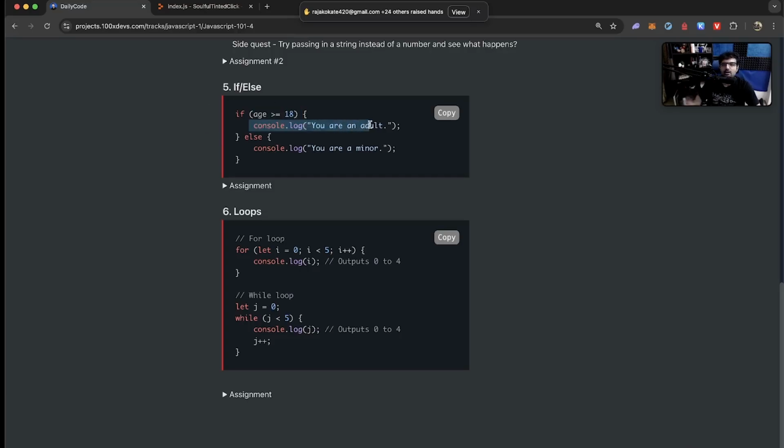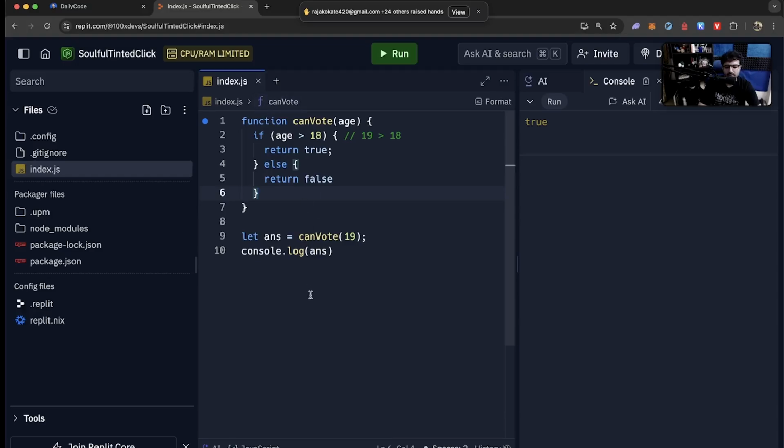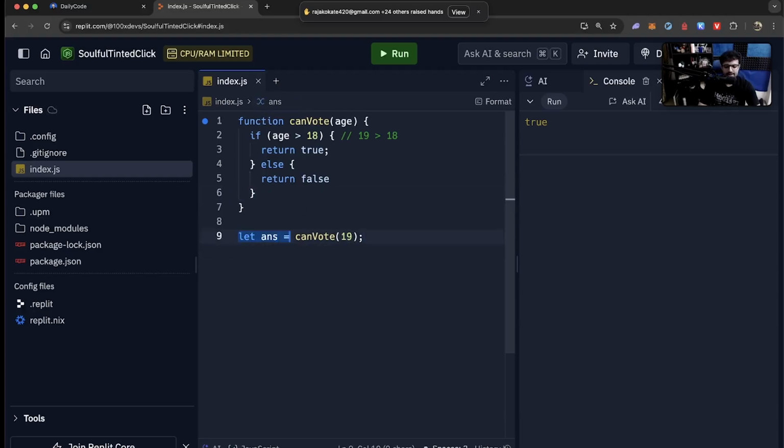Now here you can write a lot of code, or you can write some basic code like I have written over here. For example, if I copy this, it is actually slightly easier to understand than everything I've done over here. I can simply run this. Okay, I'm going to call the can vote function. Control will reach here. If age is greater than equal to 18, then this will get logged. Else this will get logged.